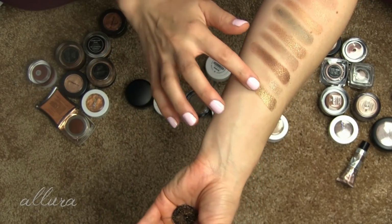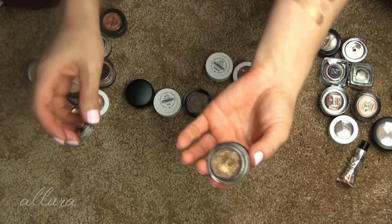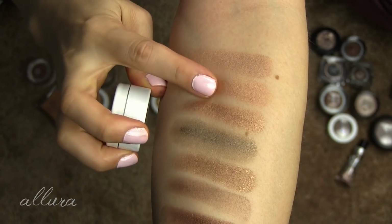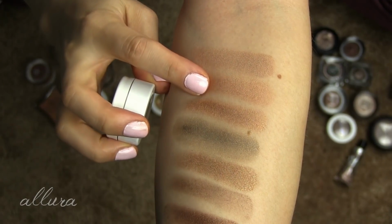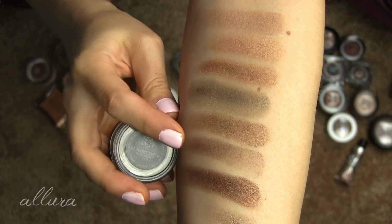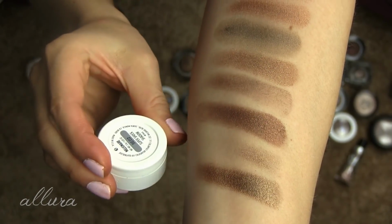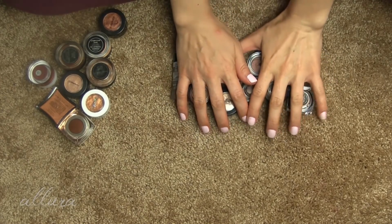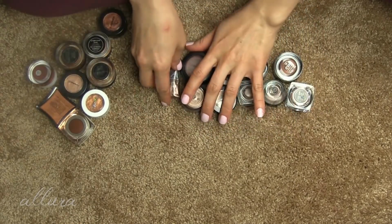Wow, incredible. I had forgotten about this. I need to put this in my more regular use pile. So we are saying goodbye to ColourPop's Snakebite, this one from MAC in Rich Sweet, and this one by ColourPop in Millionaire. All right, this category was supposed to be kind of more chocolatey, cocoa-y browns, but there are some